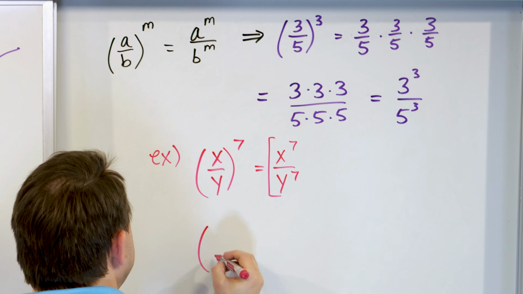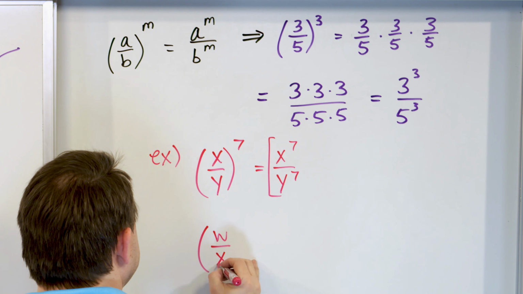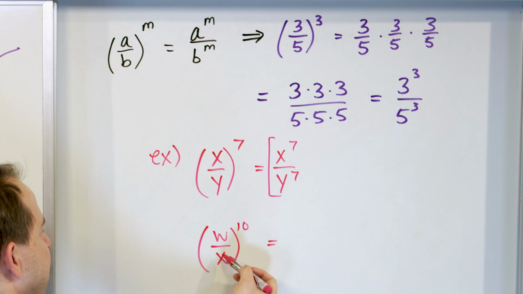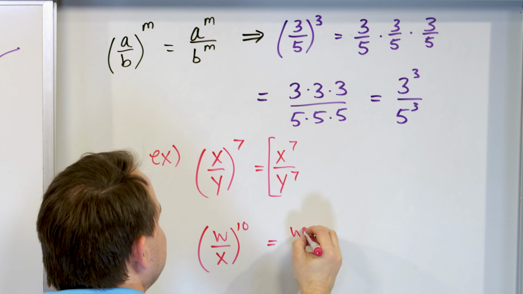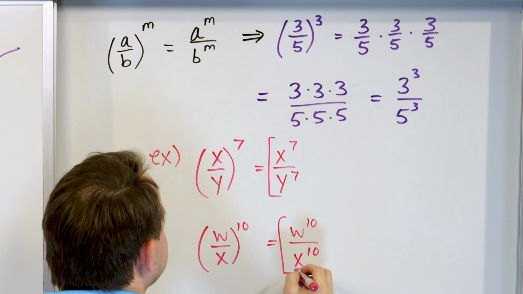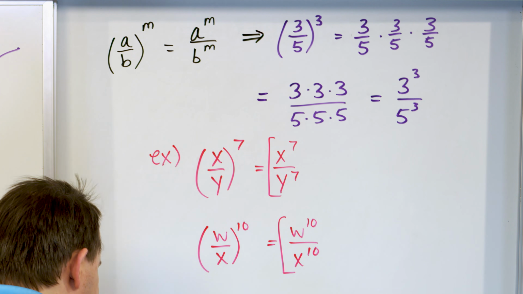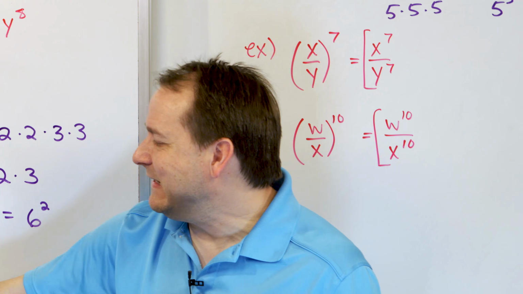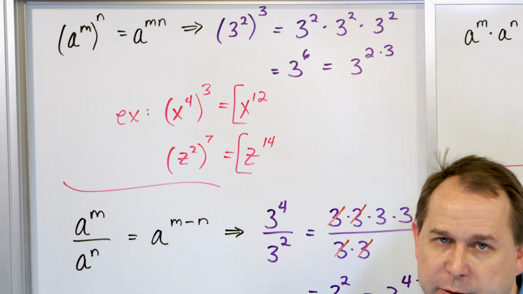Another example could be w over x, just two random variables I made up, to the 10th power. Well, I have a fraction raised to a 10th power, so it's going to be w to the 10th divided by x to the 10th. That's the final answer. So in this lesson, we've covered actually really important material,